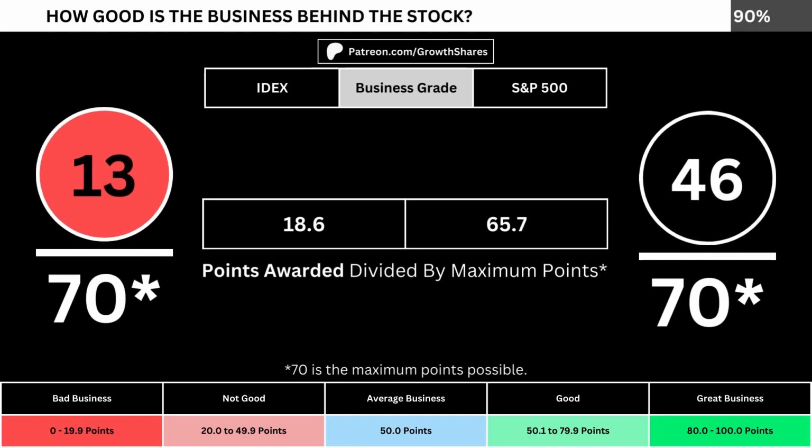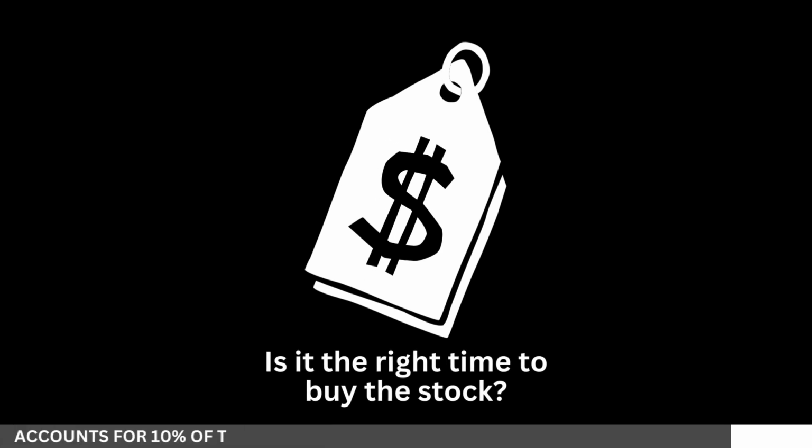Adding everything together, we divide the points awarded by the maximum points possible, which is 70. That gives us the business grade for the company, as well as the S&P 500 as a comparison. We want the business grade to be above 50, but more importantly, we want a business grade that's better than the S&P 500. But of course, we can't forget about the fair price and whether it's the right time to